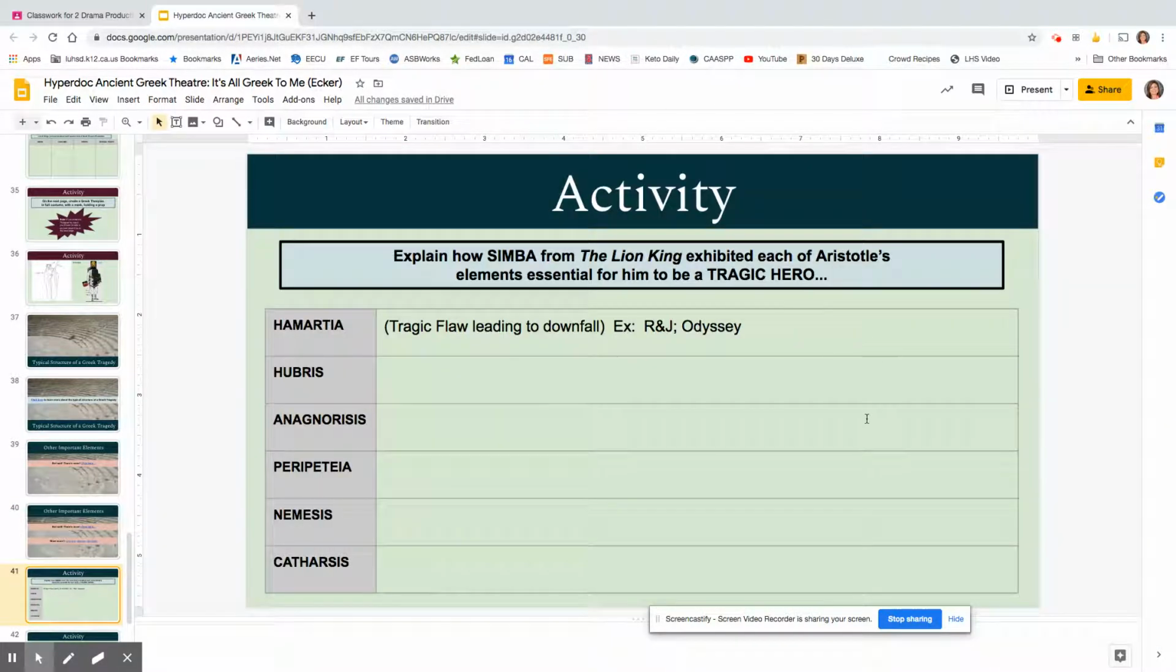So when you get to this activity here, it says, explain how Simba from The Lion King exhibited each of Aristotle's elements essential for him to be a tragic hero. So when I think about a tragic hero, it's the main character in a tragedy. And I look at these different terms here that I will have learned about from the previous links. Okay, and I typed this in here for you. You don't have it on your slide, but I think you say it,